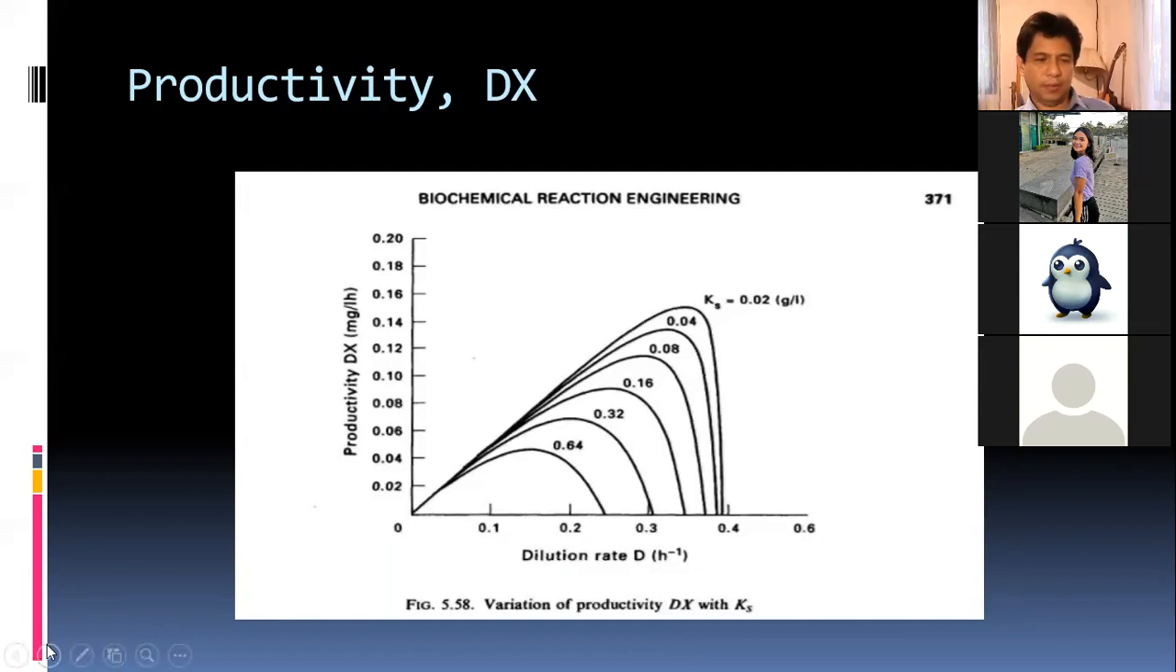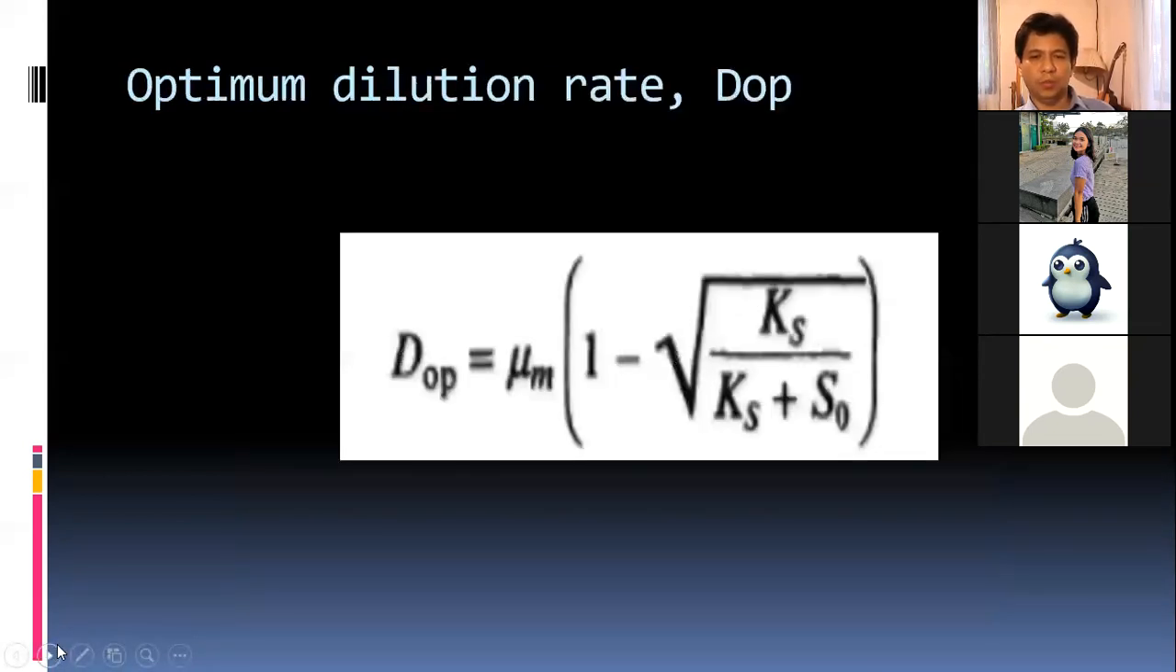So sa Colson, you will find this equation. This is the equation for optimum dilution rate. So it involves K sub S, tapos yung initial substrate concentration, saka yung mu M, mu max, no? So ang derivation nito medyo mahaba kasi, paki-check niyo na lang if you're interested. Pero siguro tandaan niyo na lang 'to, memorize na lang 'tong equation na 'to. So gagamitin natin 'to sa